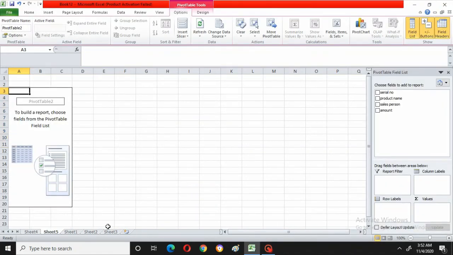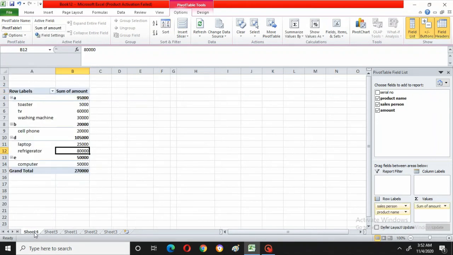Now we'll see whether that has been changed or not. Can you see here? Go to the refresh option. It's not taking. That means you have to go for another pivot table.